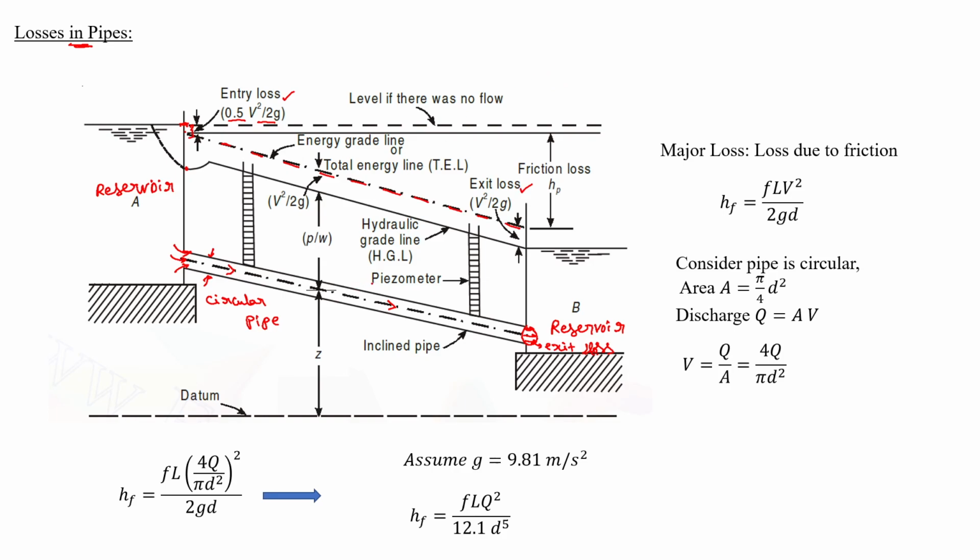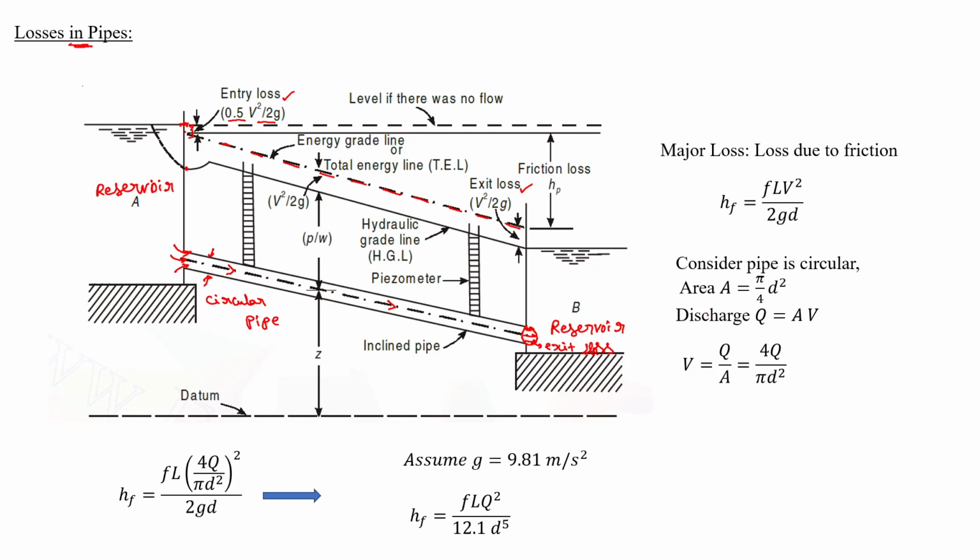Why is it divided into minor and major? Because of the amount of loss. If we compute the energy loss due to friction, it is much higher than the energy loss due to the entry loss and exit loss. Because there is a difference in the quantity, it is divided as minor loss and